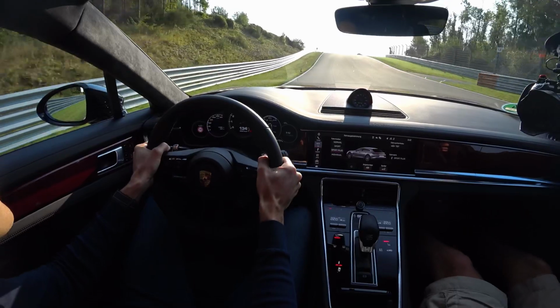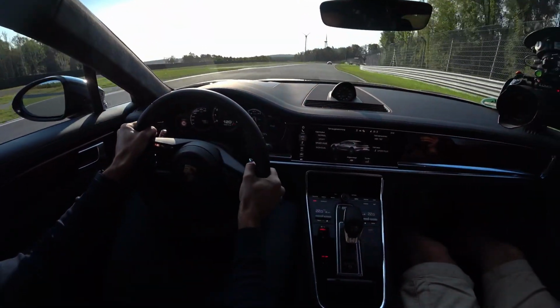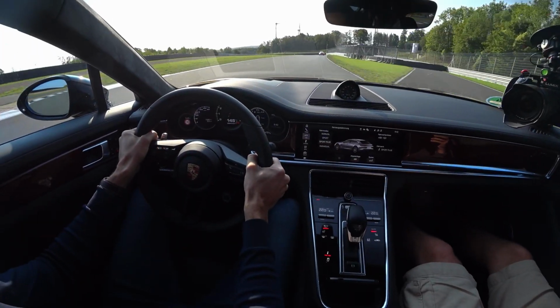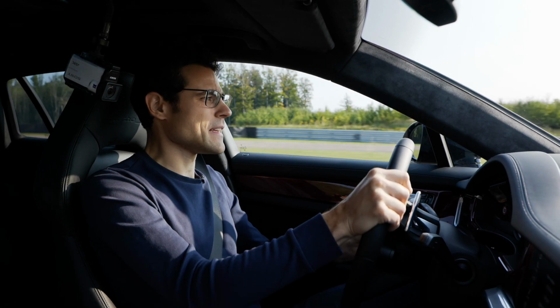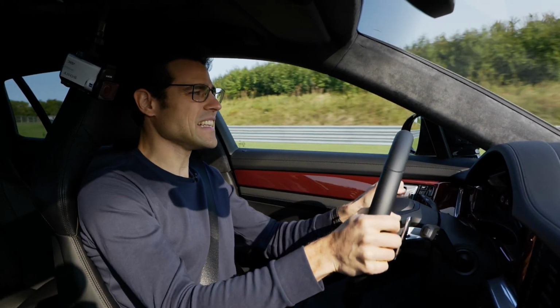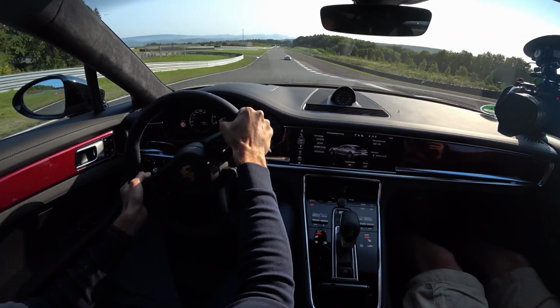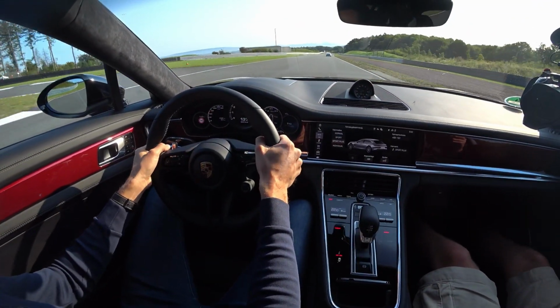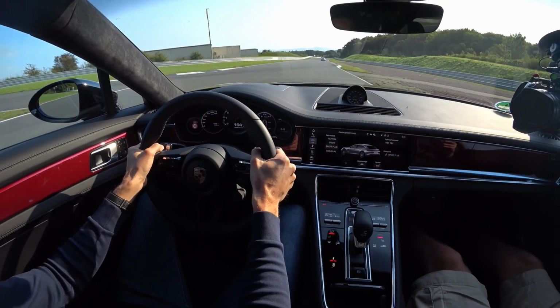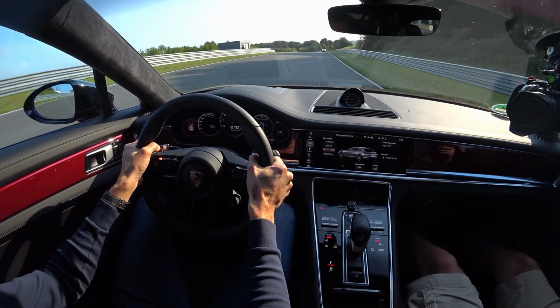Now topography changes. Wow, and so much G-force is applied here. This is really crazy stuff. So the car keeps so straight. I mean, there's hardly any leaning at all. Then I have the rear axle steering, which helps me at lower speeds with more agility, and at higher speeds with more stability. Now there's this incline,